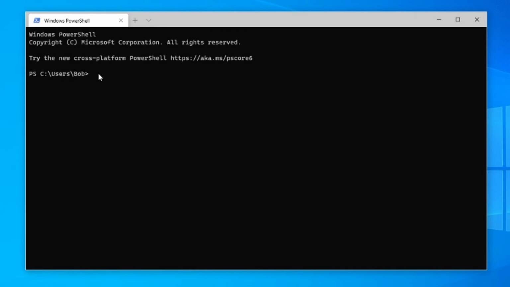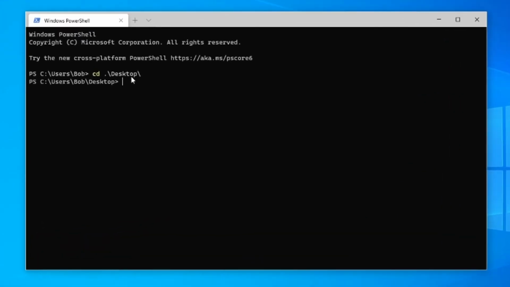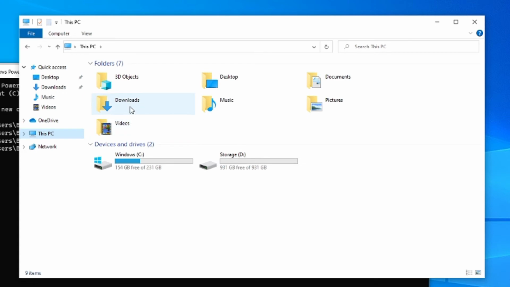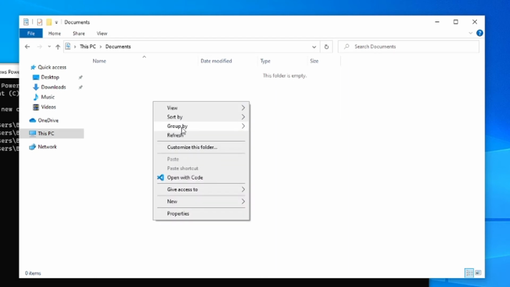And from here, I could change directory into, like, the desktop, for example. And now I'm accessing things on the desktop. This desktop really is just a visual representation of another folder on my machine. Maybe you are used to putting something inside of, for example, your documents folder. Well, I'll just open my file explorer, go to this PC, and here's my documents. This might be where you're used to putting files, or maybe where you were planning on putting all of your web development stuff. For example, creating a new folder